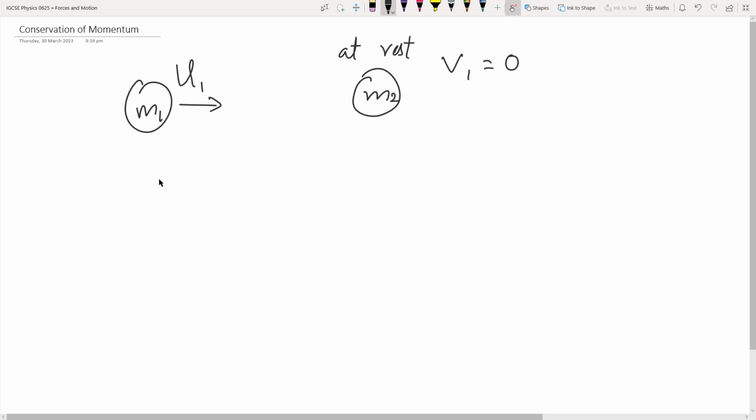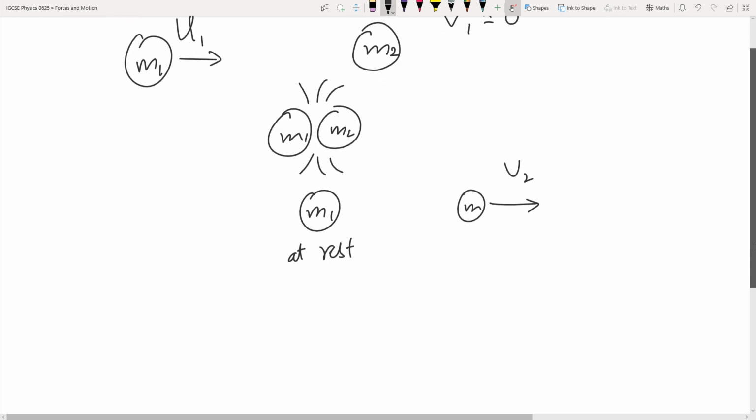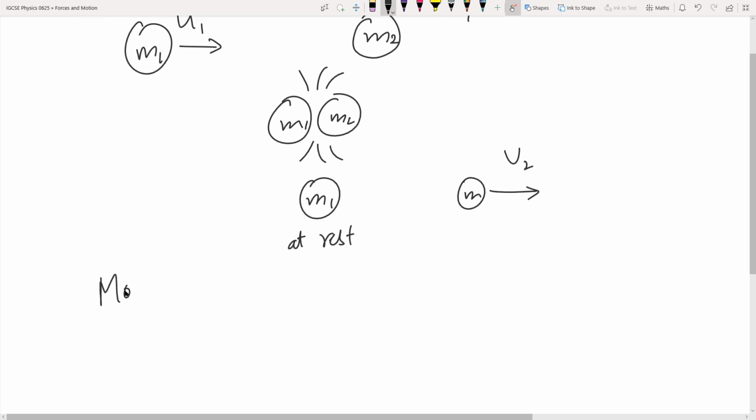So in this case, what is conservation of momentum going to be like? Let's say it collides, and now it's m1 that is at rest, that stays stopped, and it's the other one that moves forward. So v2 is going to be there. I need to discuss the momentum before collision. So what is conservation? Momentum